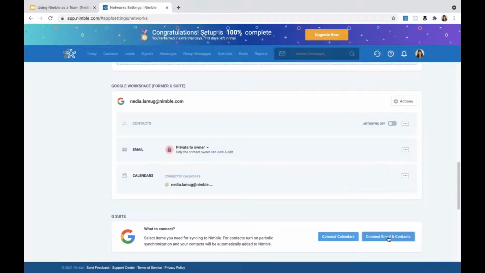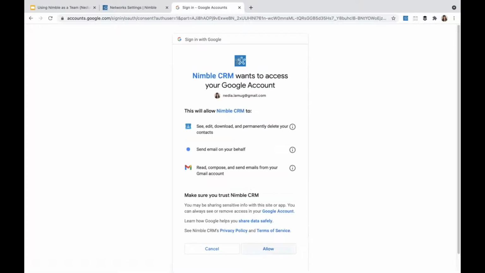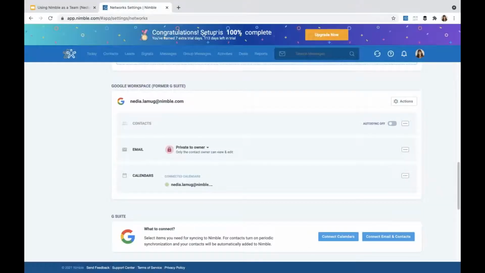Let me try that again. It worked last time I was testing this out. Okay, well, I don't know why it's not showing up right now, but normally what would happen is that once